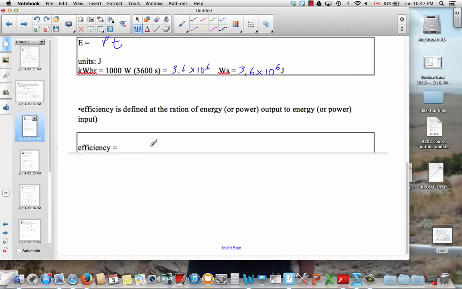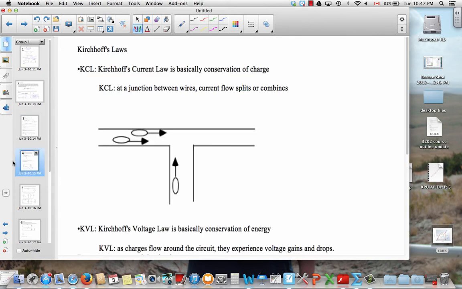The efficiency is just defined as the benefit or the output over the cost, which is the input. And that can be a ratio of power output to power input, or sometimes it's a ratio of energy output to energy input, and it's always less than 100%. So those are some basic circuit concepts,